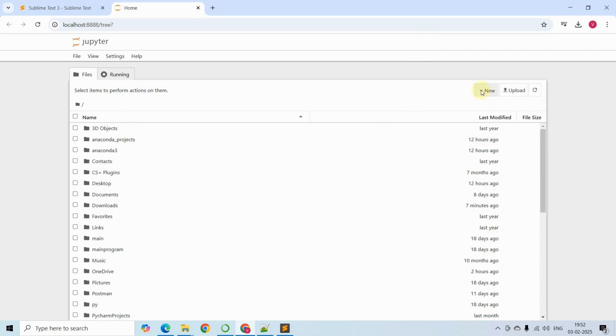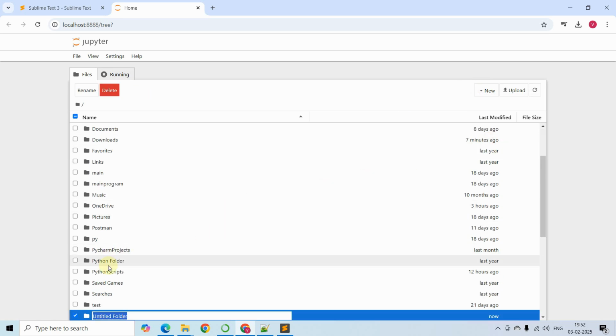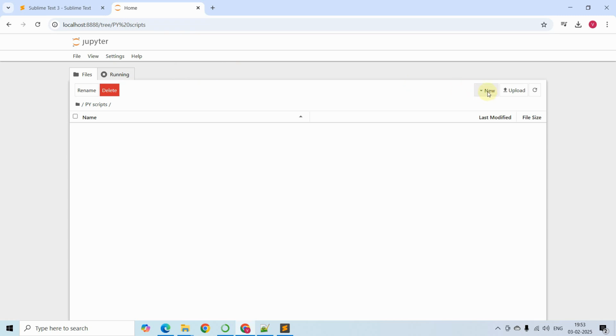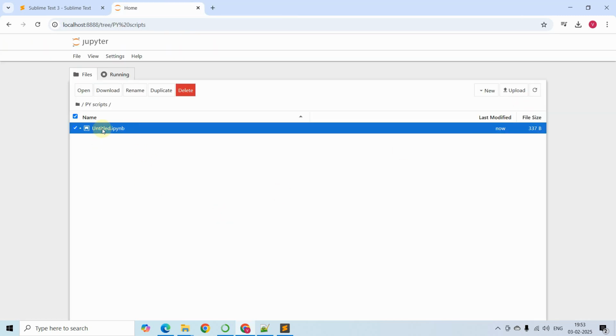And as we did, we are just going to create a new folder here. Just click on new and click on new folder. And here we are just going to write py scripts, and coming inside the py scripts, we are just going to create a Python file. So the format of the file that has been created is .ipynb. That is nothing but the IPython notebook format,